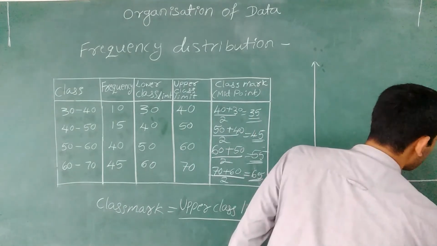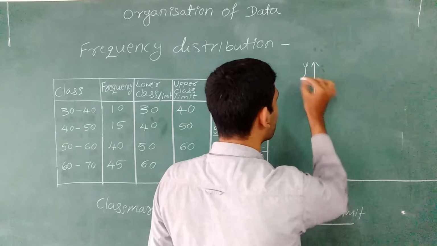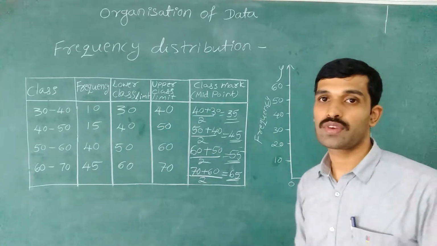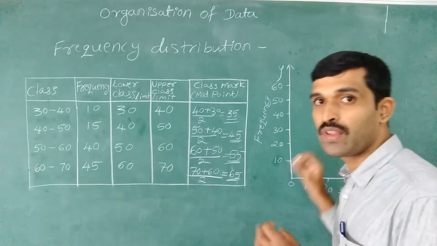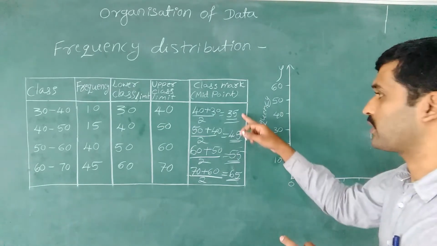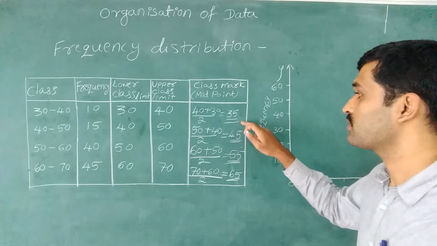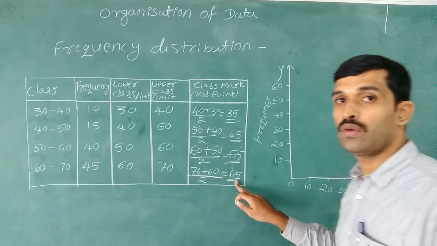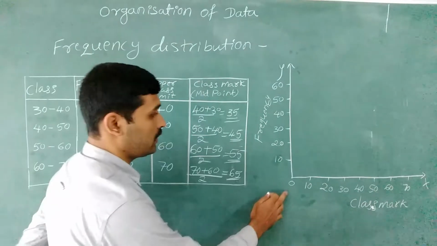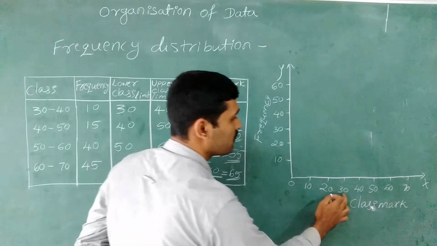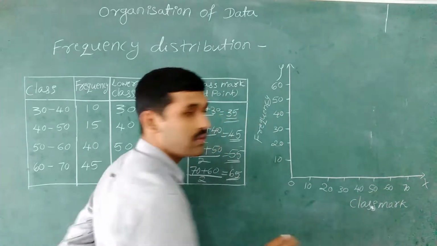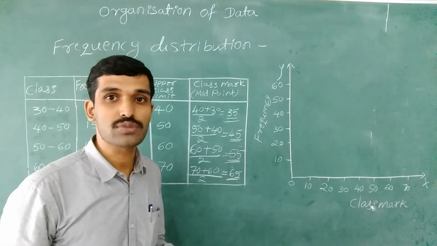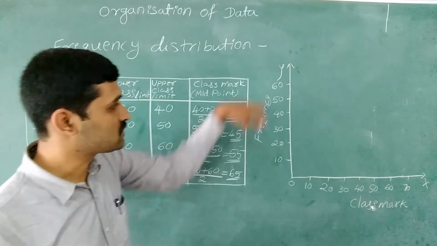This OX axis and this OY axis. While showing this frequency distribution in the diagrammatical representation, we are using class midpoints here. Class midpoints are 35, 45, 55 and 65. We are using those class midpoints here: 10, 20, 30, 40, 50, 60 and 70. The OX axis shows class mark or class midpoints, and the OY axis shows the